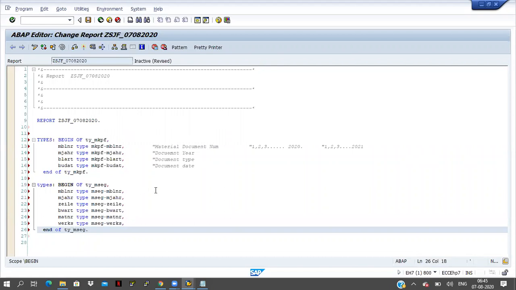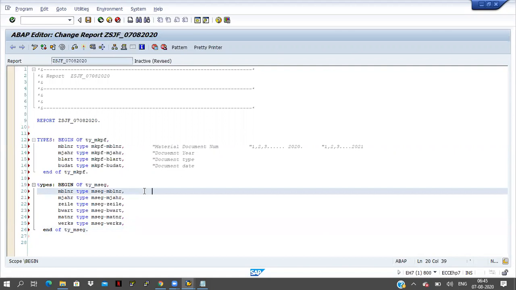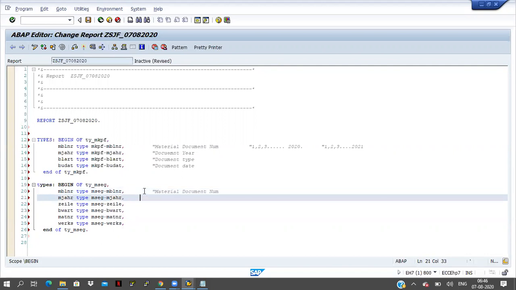What are the fields here? This is the material document number, and the document year.